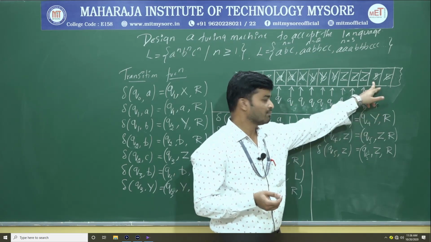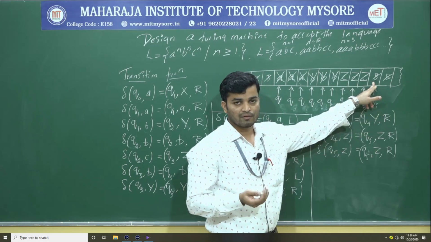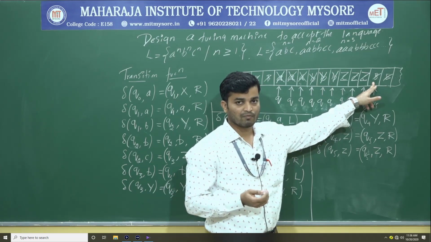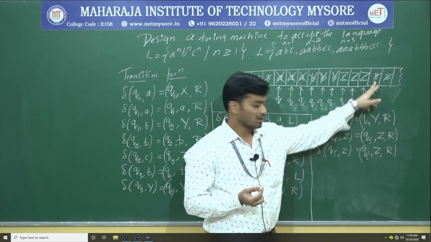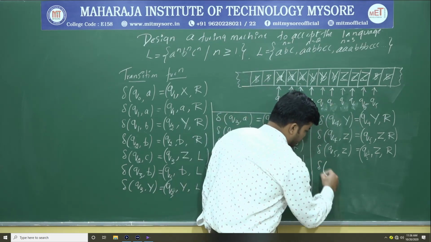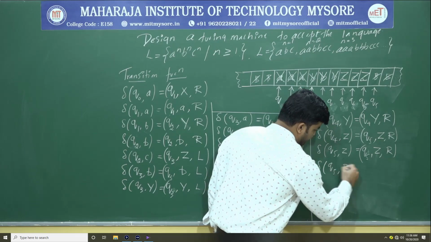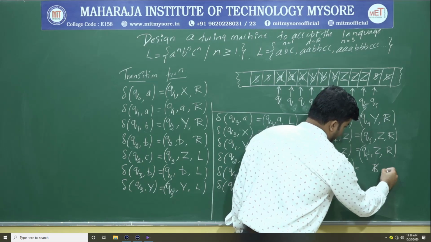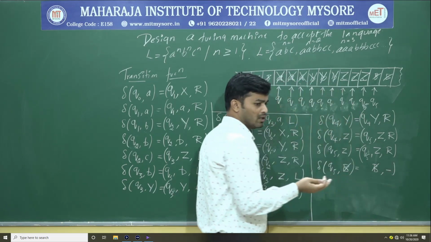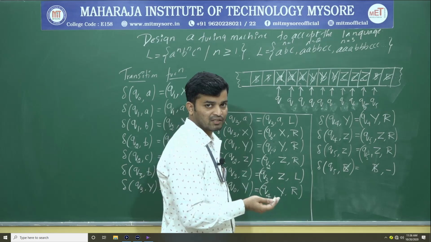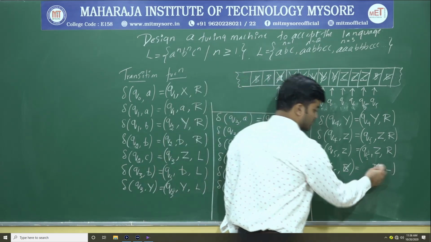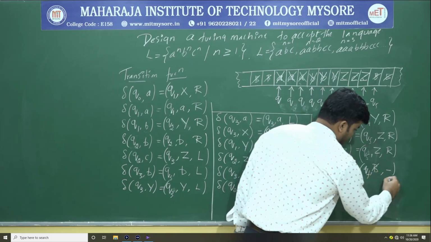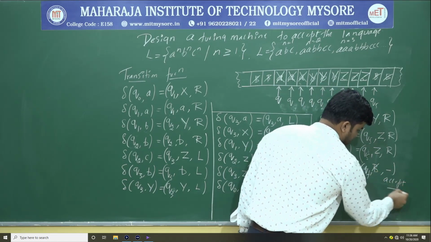In Q5, if you get a blank space, it means there are no extra C's. You go to the accepting state, and you can accept that particular string. Why? Because the string we have taken is valid. So delta of Q5, if I get a blank space, you maintain that blank space as it is. So write a dash, which means either you can move your machine to the right-hand side or left-hand side, that is up to you, or you just write a dash and go to the final state and accept that particular string. Why? Because that string is valid.